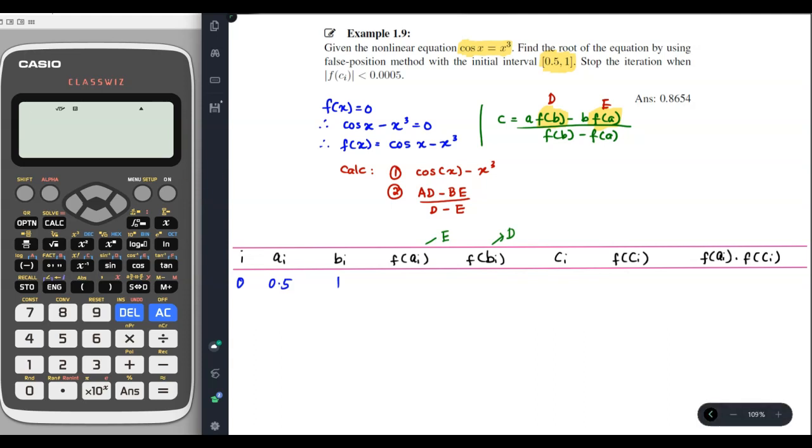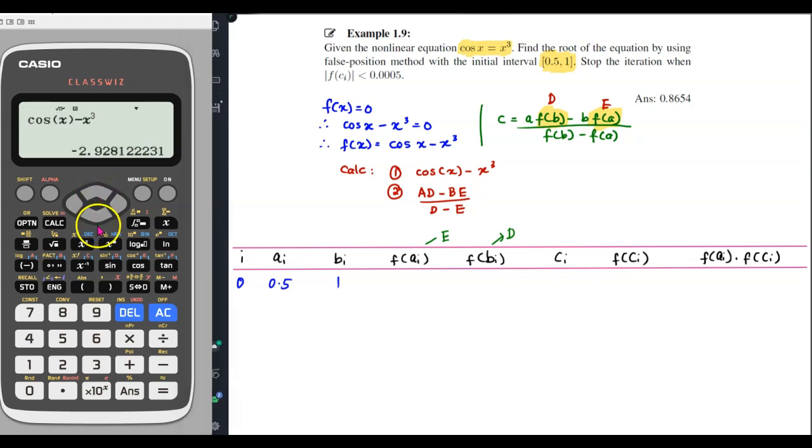First of all, for f(a), we need to use the first formula that we stored earlier. Call back formula 1 using the up arrow button, find the first formula, press the calculate button, and then we want to find the value of f when x is 0.5. So we have x equals 0.5, then in 4 decimal places we have